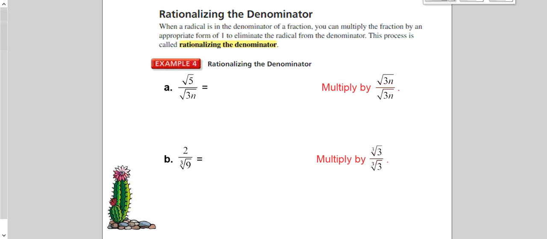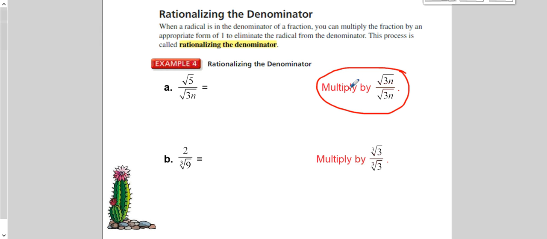Rationalizing the denominator. When a radical is in the denominator of a fraction, you can multiply the fraction by an appropriate form of 1 to eliminate the radical from the denominator. This process is called rationalizing the denominator. So when we have an expression like this with a radical in the denominator, we are going to multiply the numerator and denominator by